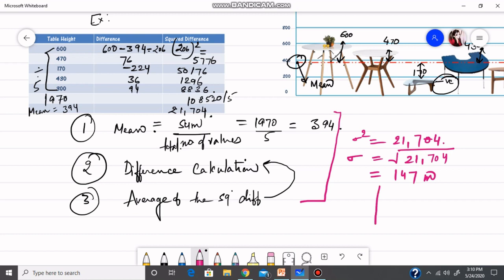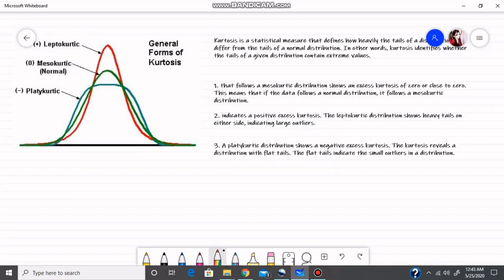So if I need to see it on a distribution, it will look something like this, where this is the mean, and the values will be shown in terms of the distance, or how close or how far some value is from the mean of the distribution. We have already discussed the concept of kurtosis, but here I would like to take the general form of kurtosis, so we can interpret the values that we obtain when we apply the indicator kurtosis.